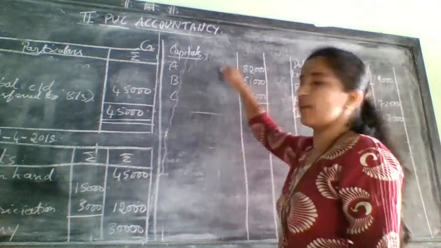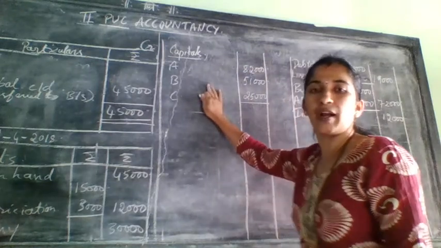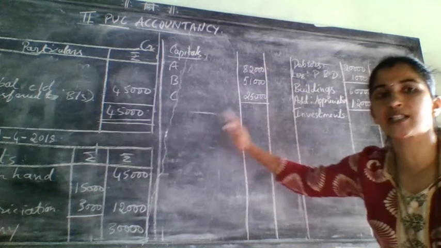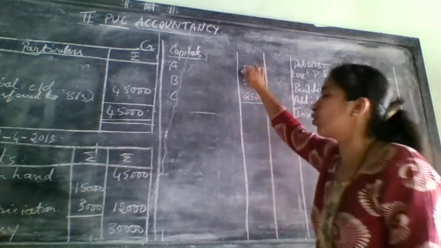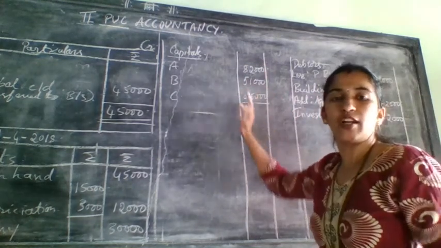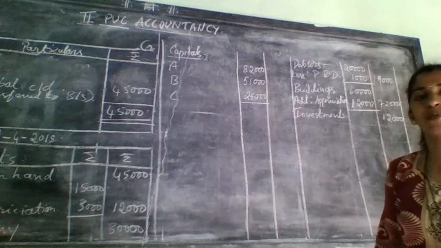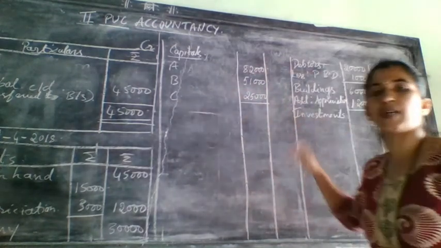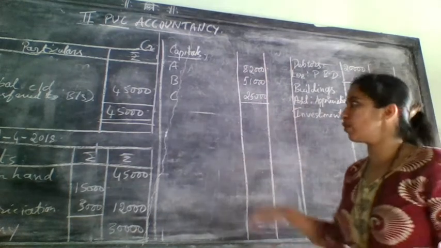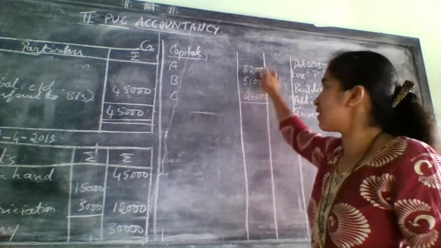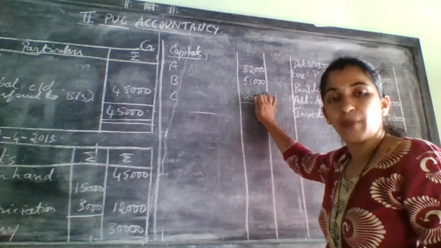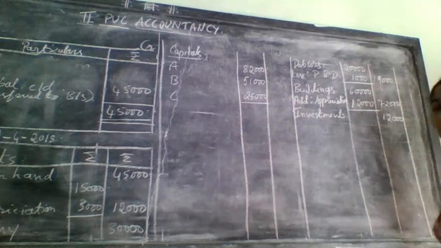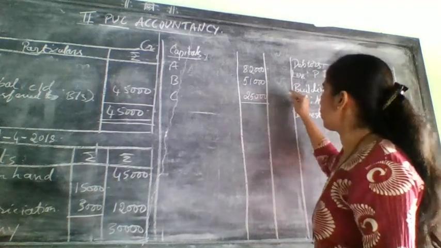Got these two from where you got? This you got from partners capital account. That is on the debit side you have written as balance carried down. That amount only should come here. Not the amount whatever it is given in the problem. Because for that capital amount we have done so many adjustments in partners capital account. Okay. Now A, B and C, this amount you have taken from partners capital account debit side. Okay. Now after doing this, add and write it in the outer column.